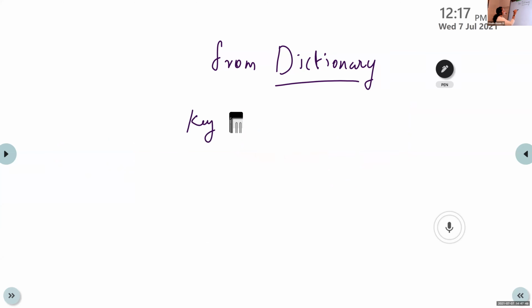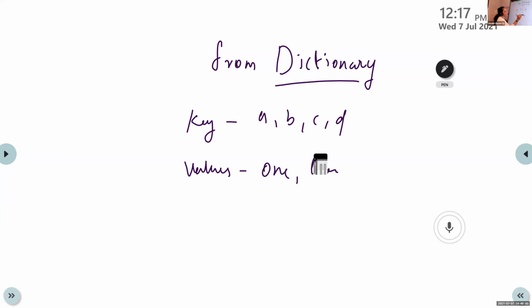The keys are A, B, C, D. Values are 1, 2, 3, and 4. Write that in a single statement. For creating the dictionary, the dictionary name is D1.